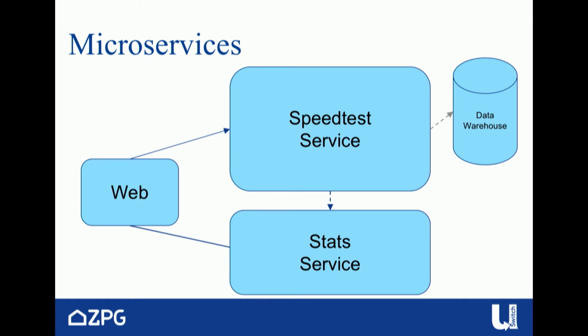Evolving that to what microservices might look like, we'll split that into functional concerns. One's dealing with the speed tests and the other with the stats. And we can scale either of those independently. But you can see the complexity is growing from the monolith, which we accept because of some of the advantages it might bring. So let's begin the all-in